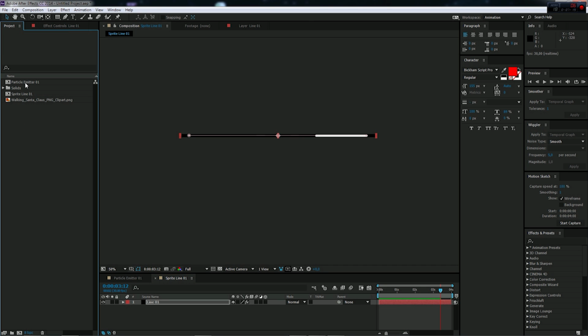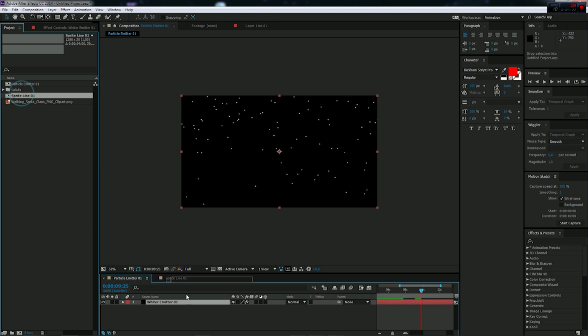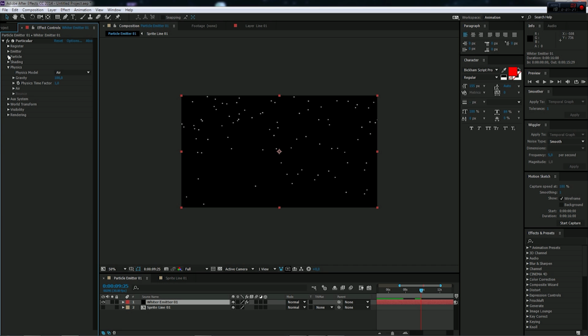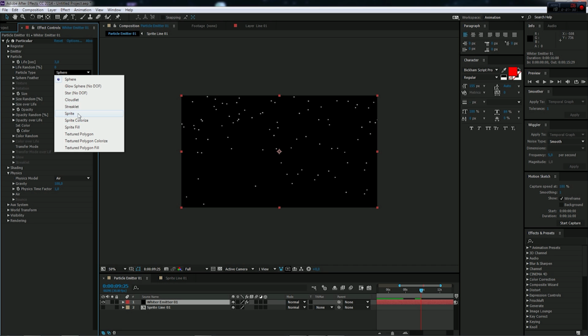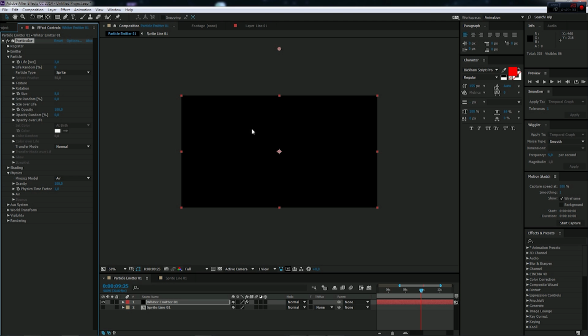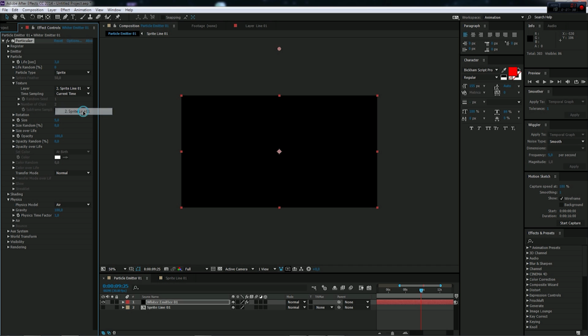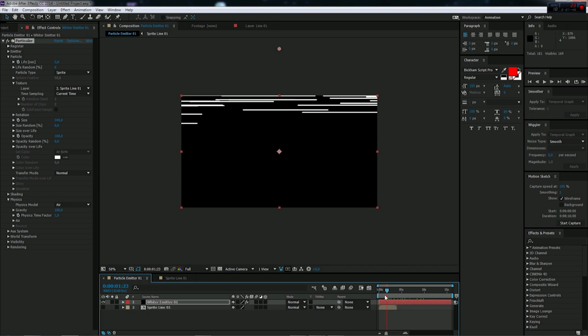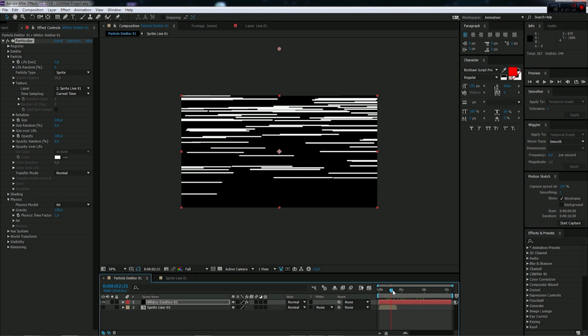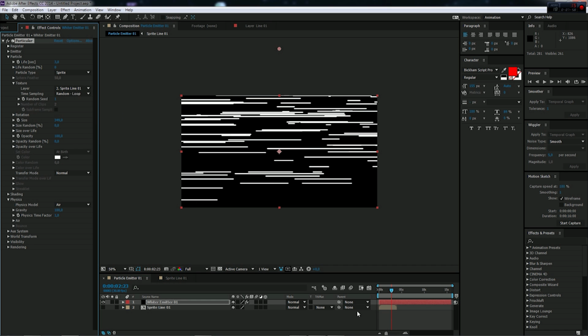So then go back to particle emitter 01, import sprite line, hide it, and into our particles, change the type to sprite. So each white point that you see is going to change to a texture, and as texture we're gonna select the sprite line 01, and we push the size up, and we see nothing because it's here. Yeah, like that. This looks great. Then we're gonna change the current time to a random loop, so it's playing as a loop,